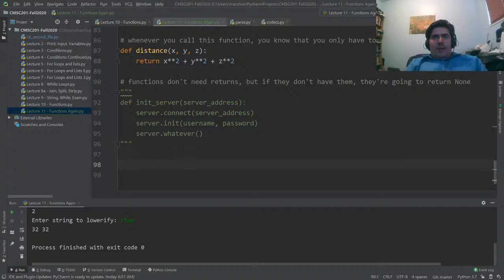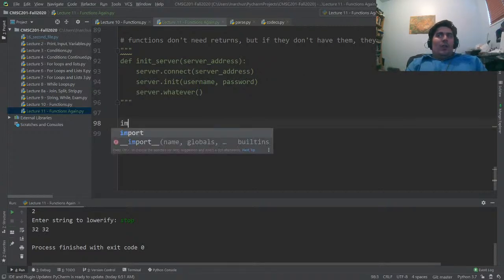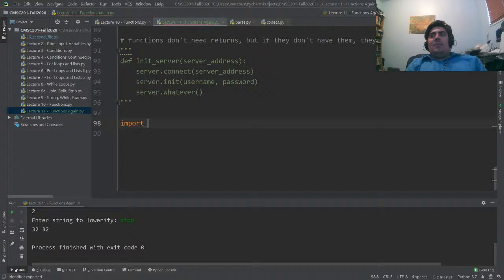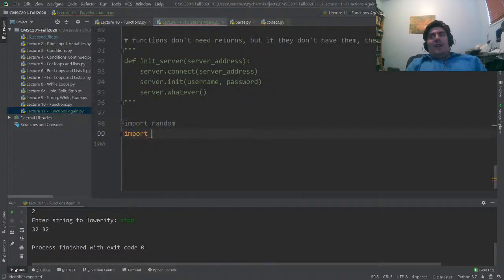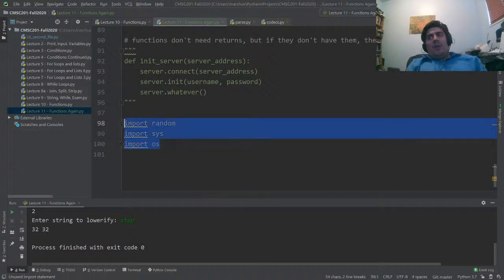How to write and call functions in other files. That's more in the module section, but you already sort of know how to do that. I shouldn't say you really know, but you've seen the import statement. You import sys, you can import os, that kind of stuff. So when you import these things, that's actually taking